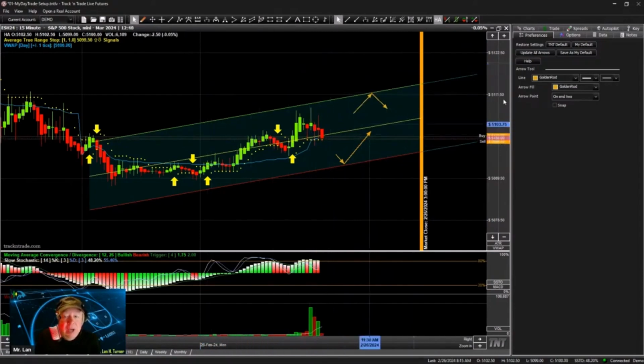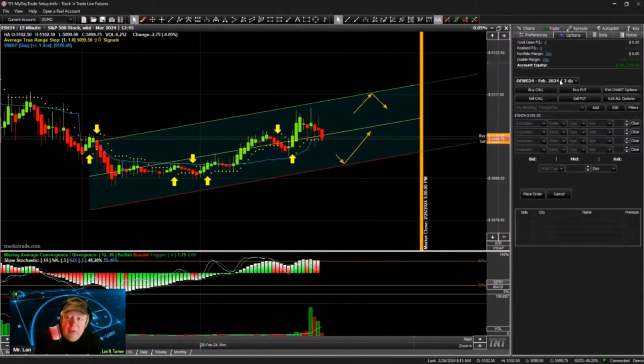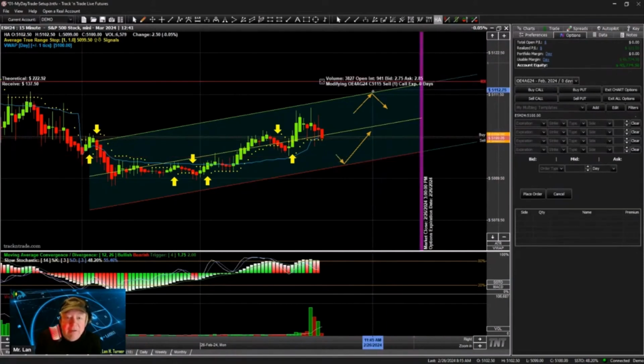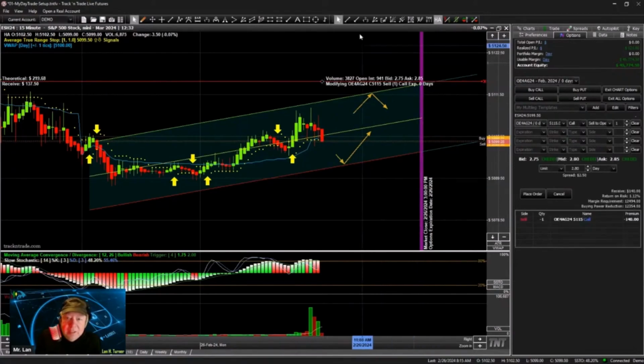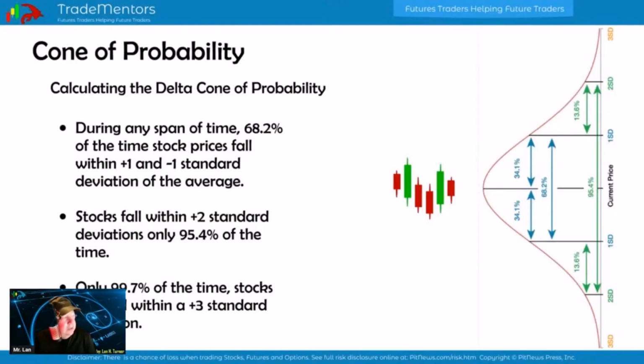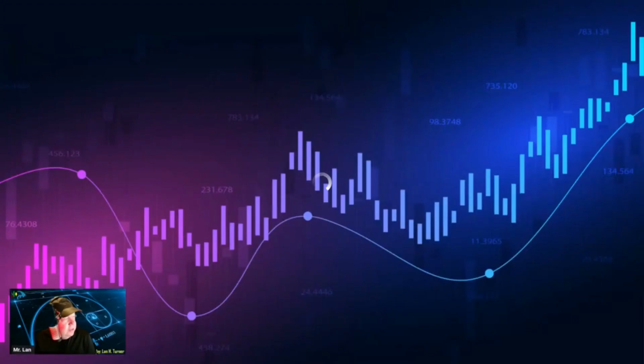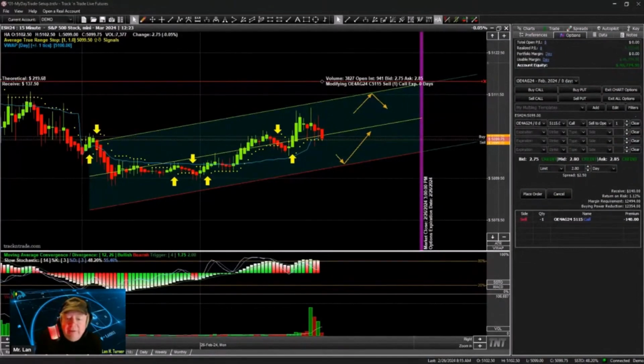But then we can come in with options, right? Because we can come into options and I'm going to do a 0 DTE, and I can sell a call outside the RAFF. Okay. So that's what I want. I want that to be outside the RAFF. So 137.50, I can take that, sell that. And then what do I have? I have basically a 68.2% chance that it's going to stay inside that RAFF,